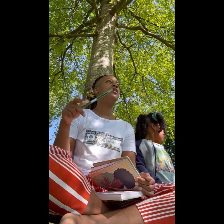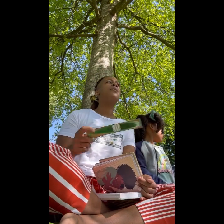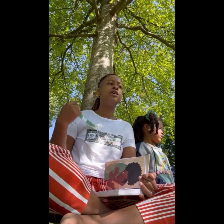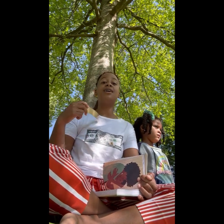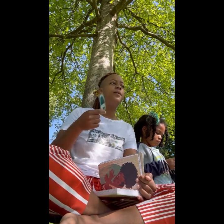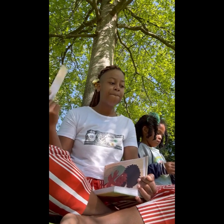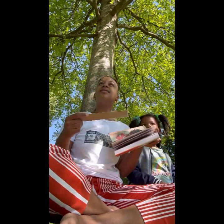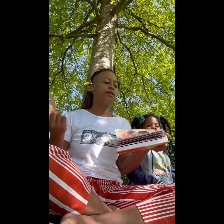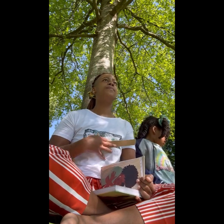Anyways, get this book if you live in a white neighborhood where there are so many white people, Caucasian people, all around you all the time, and somehow you feel misplaced and not belonging, and you don't have a community there. That's just how I feel, because I live in Germany and I don't really have a black community here. Though there are black folks, and I still have my mom, I have to be careful of who I bring around in my space. This is just a book I read when I'm outside, and it helps me calm down and relax. Like I said, there are guided breathwork meditations in here that I do,